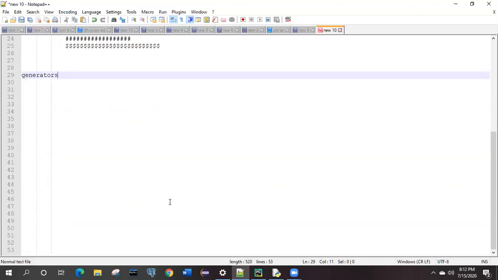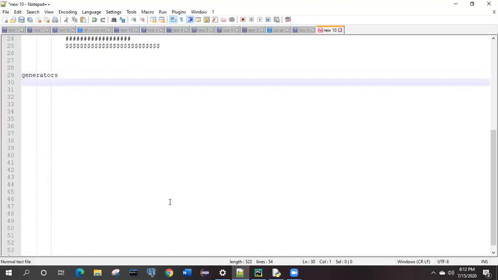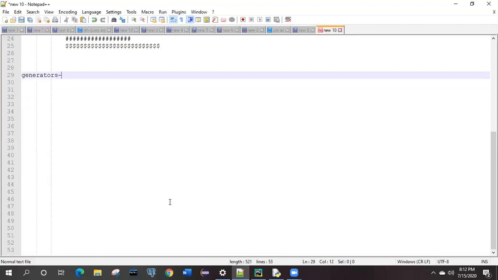So this generator, functionality and name wise, is almost the same as in the real world, but how does it differ, where is it going to be applied, and what could be the syntax of this? So this generator is nothing but a kind of iterable. Earlier we saw the decorator as a function, but this is an iterable.